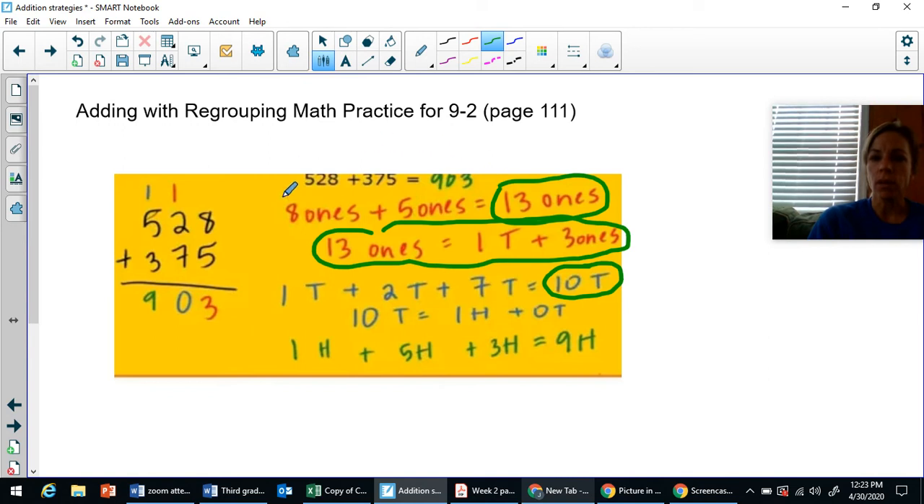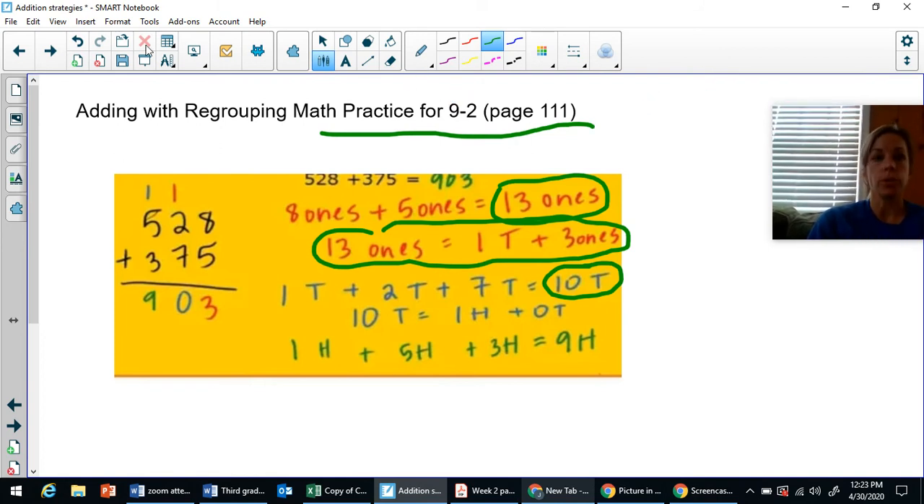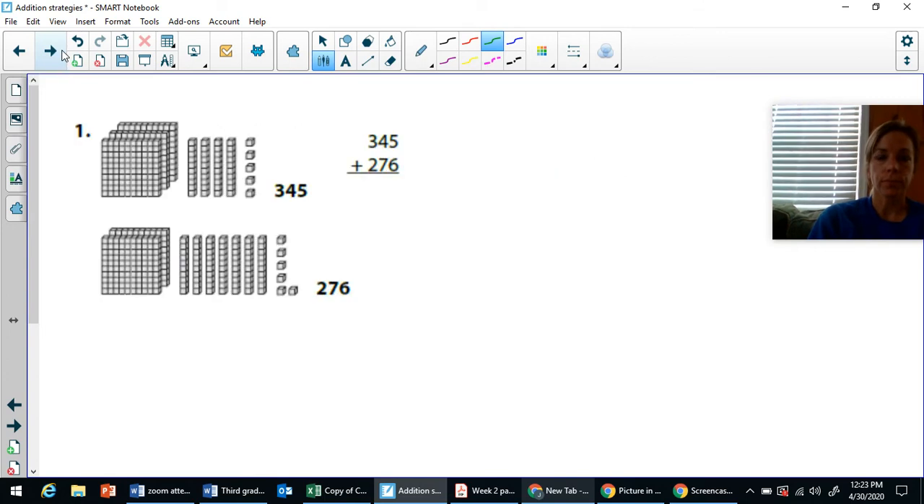This model here and the way that it's color coded really can help you out and support you. So if you ever get stuck, this would be a really good model to come back to. And this is really going to help you do page 111. It shows right on the bottom and up top it is 9-2. So moving forward,